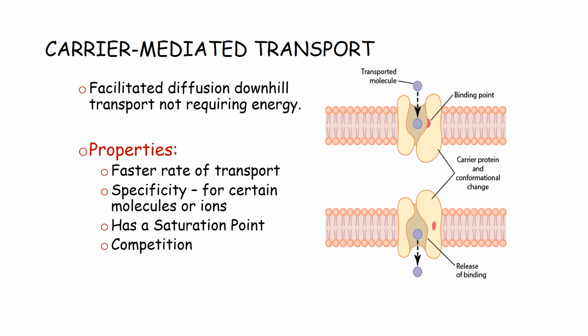They also show the phenomenon of competitive inhibition, whereby if we have two substances, call them A and B, and if they are carried by the same protein, what will happen? A competition between molecule A and molecule B will occur for the site that is present on the carrier protein. So this competitive type of inhibition is seen in case of facilitated diffusion, which is not seen in case of simple diffusion.